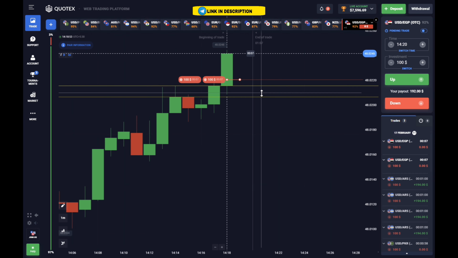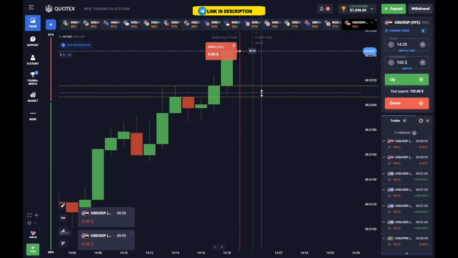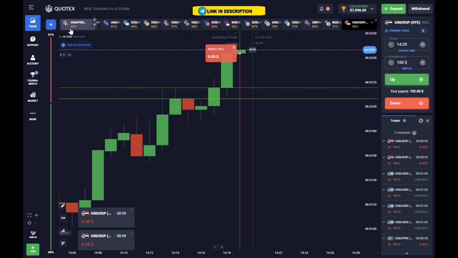be profitable. Now here you can see that the market is moving in the completely opposite direction. No worries, this is a very simple thing. Such things can happen easily. So finally, both of my trades ended up in a loss.